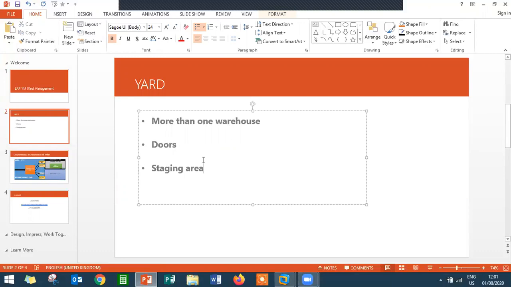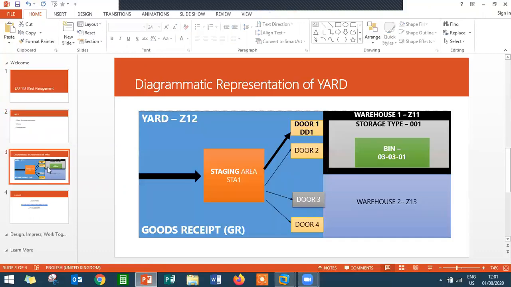A warehouse will be assigned to a door, and a door is assigned to a warehouse. So I'm giving you a diagrammatical representation of a yard. Now what we are going to do is buy a raw material from a vendor and place it in the storage bin. The material will arrive through the staging area, goods receiving area, or interim storage area.